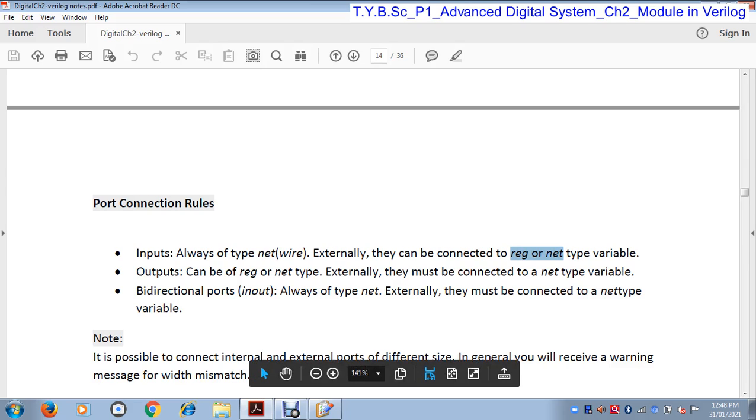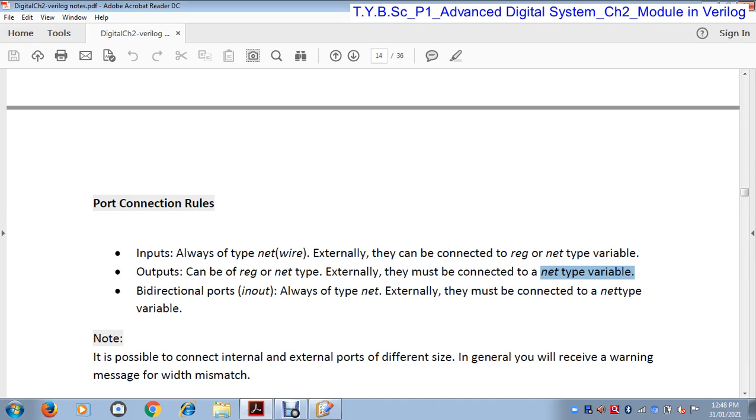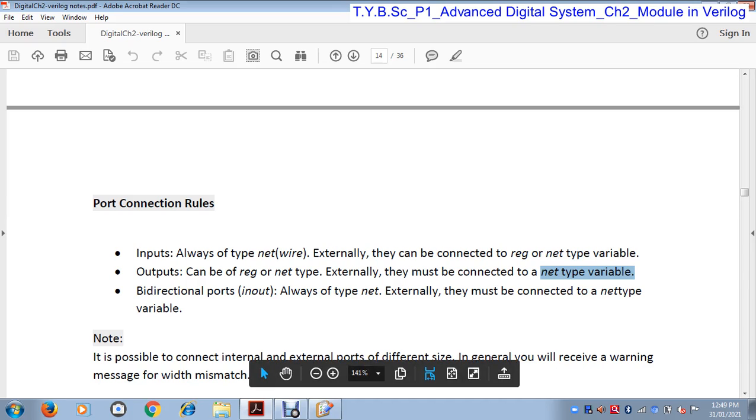Similarly, an output must be connected to a net data type variable. It cannot be connected to a register data type variable. It is only connected to a net data type variable. And a bidirectional port must be connected to a net data type variable. So these are the different rules for port connection.